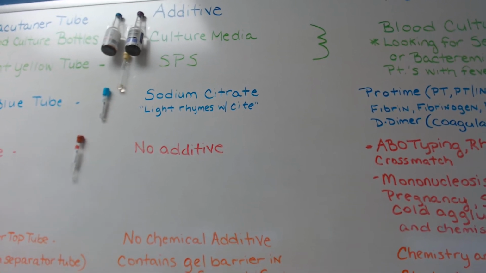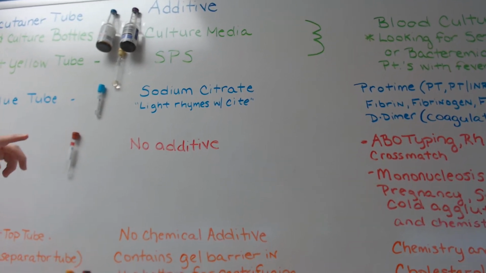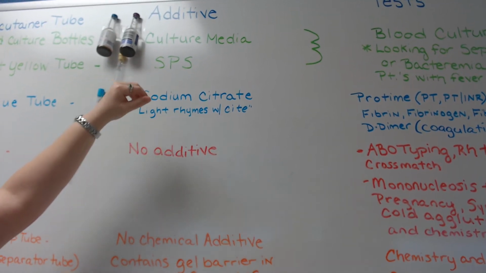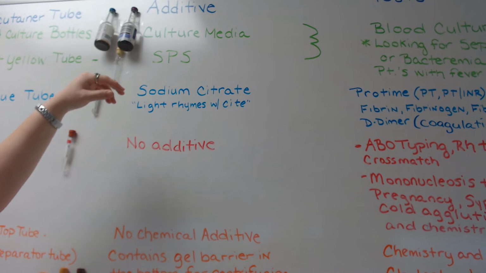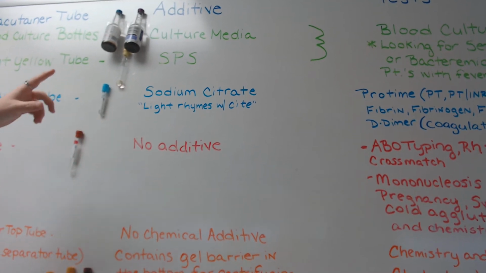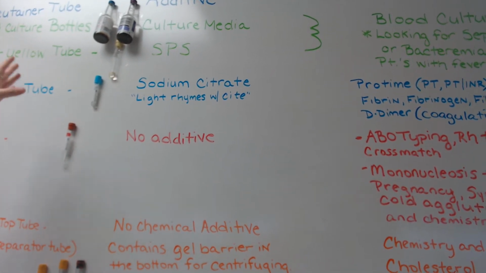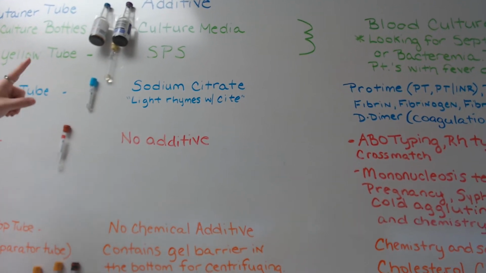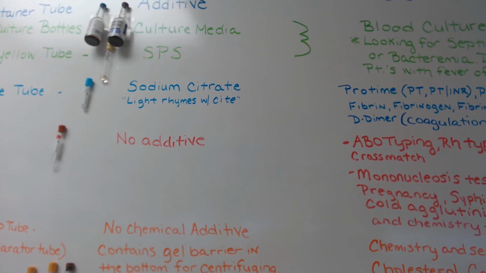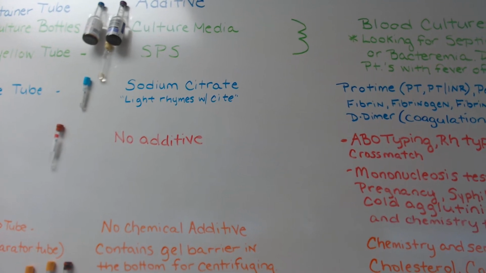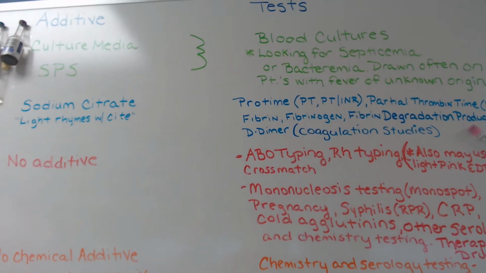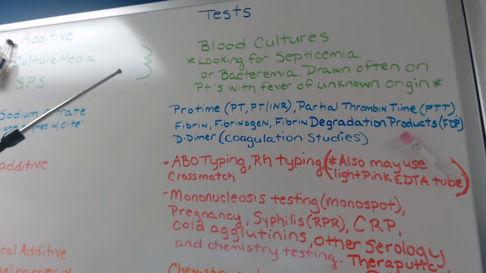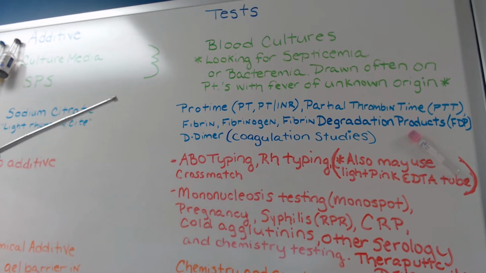The additive for these two bottles and Vacutainer tube is either culture media, which is in the bottom of the culture bottles. They come in a set, and one is going to be for aerobic bacteria and one's going to be for anaerobic bacteria. The light yellow tube contains SPS in it, and when we draw either the bottles or that light yellow tube, we're doing blood cultures, so they're looking for either septicemia or bacteremia in the